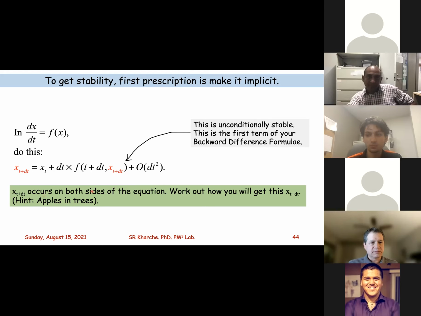It doesn't just have to be one y. It can be y1, y2, y3, y4. Y can be a vector. And if y is a vector, then this f is also a vector. And there's vectors all over the place there. So this can be vectors. But given a set of differential equations, dy by dt is f of y, comma t, then backward difference formulae